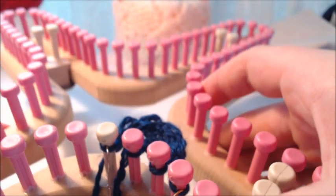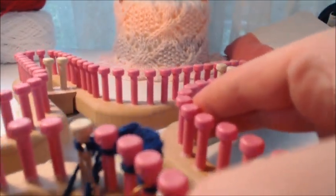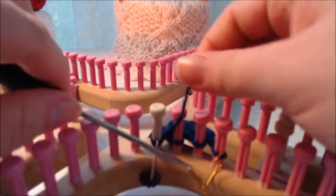And it can give you trouble, so make sure your cast-on's a little looser, okay? Alright. And, as you can see, you have your first fan. Okay. Go ahead and undo that. Alright. Now, what I like to do